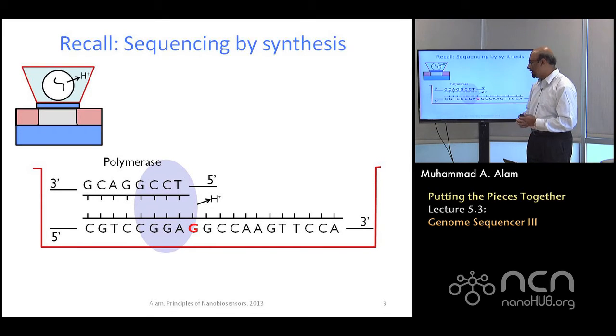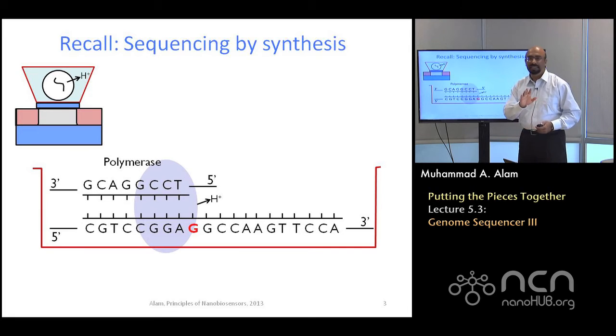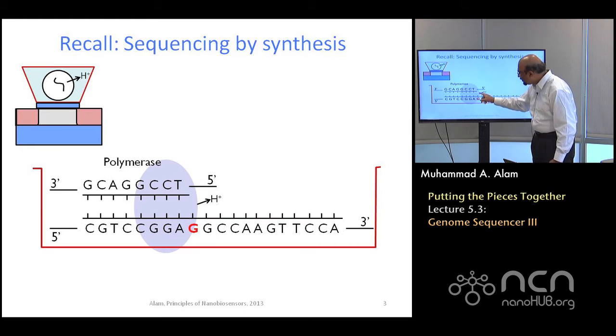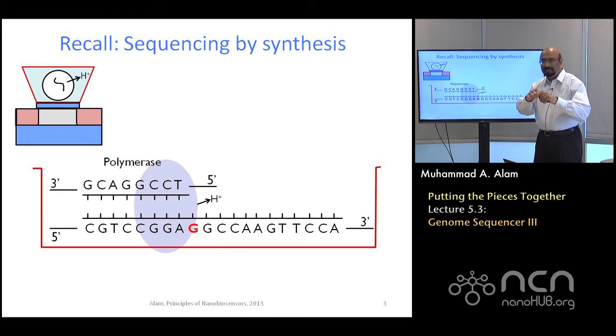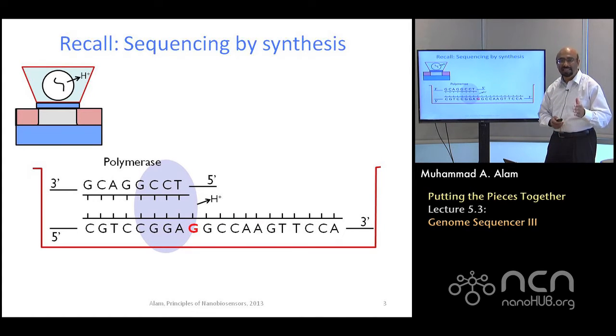It will conjugate with G, and it will release one proton in the conjugation process, and the proton will diffuse down and will make a change in the signal, which is what I want, no problem. But you see, my trouble is that as soon as that conjugation is done, the C's are all floating around, and it will see that there is another G it can react with. I really don't want to react it yet because I want to do it one by one. But you see, there are two G's sitting next to each other. As soon as the first reaction is complete, it takes a little bit of time. After that, it will immediately start reacting with the G following it.